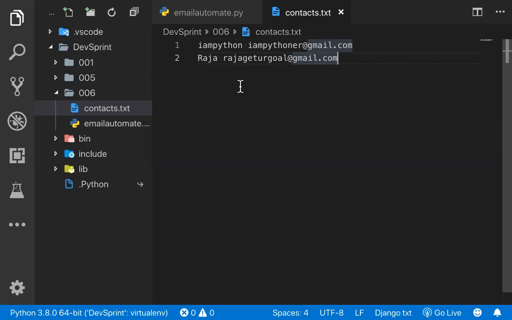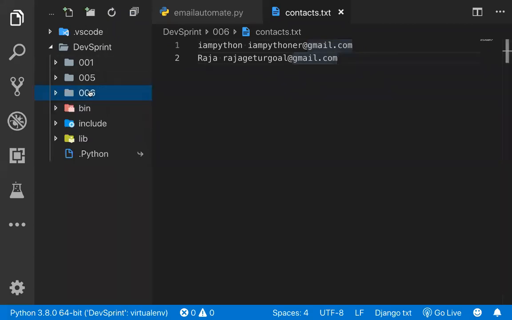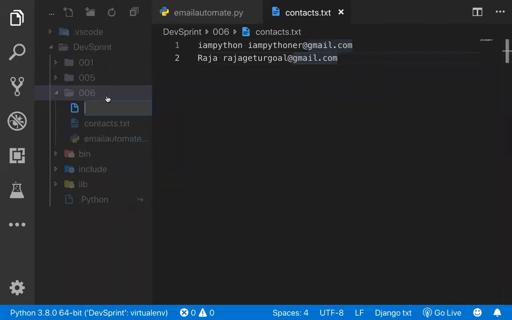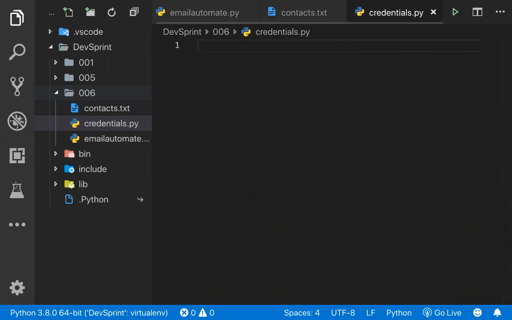The next thing is we need to create credentials here, right? Because we need to send content to the different emails, the sender details must be there somewhere. So I'm using a file called credentials.py, where I'm going to keep the credentials. I'm using Gmail, so I have to provide the Gmail username and Gmail password, right? We also need to specify the host name, which is the server we are hitting. Basically we are hitting Gmail here.